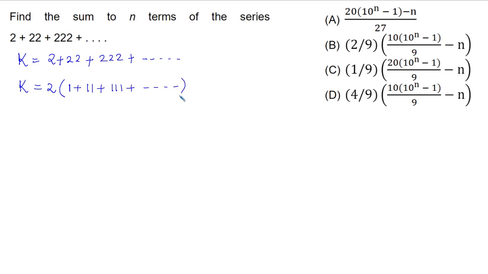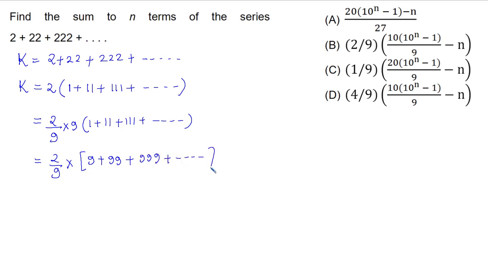Now after this we need to make one adjustment. Why we need to make the adjustment, I will explain. We are supposed to divide this by 9 and also multiply it by 9. Why do we need to multiply by 9 and divide by 9? Let's have a look. After we multiply by 9, 2 by 9 into this bracket will become 9 plus double 9 plus triple 9 and so on, till n terms.